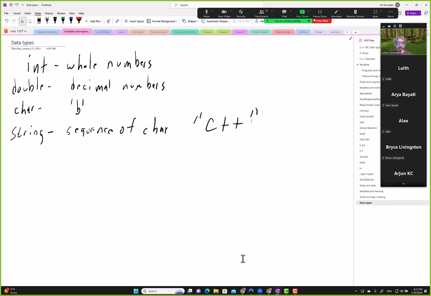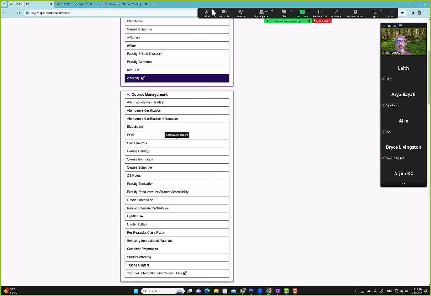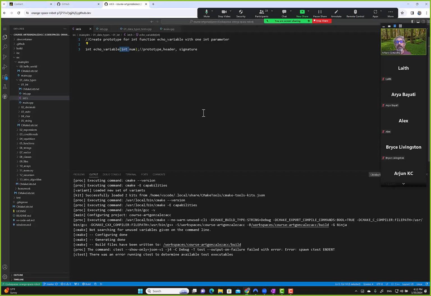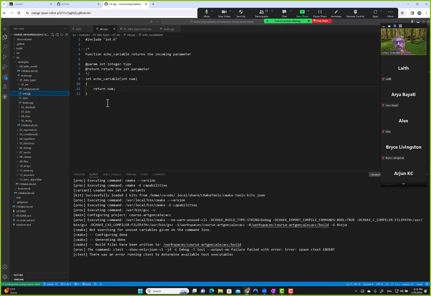Okay, so let me go to some code, and then we will diagram it to understand how it works. Okay, so let's see here. We introduced the integer. Let me see what the code looks like. I'll purposely just slightly modify this because I don't want to create a whole new program. And I'll say create a variable. I'm going to create a variable, right? So create an int, that's a whole number,